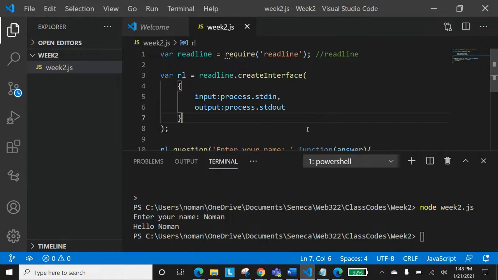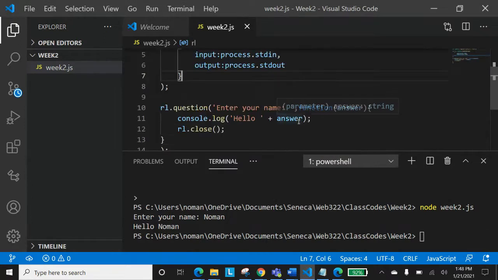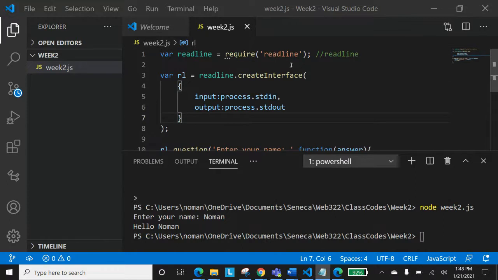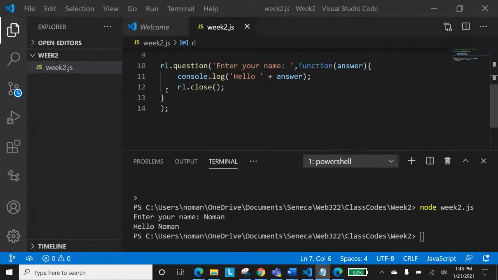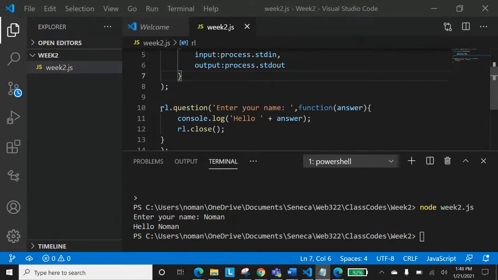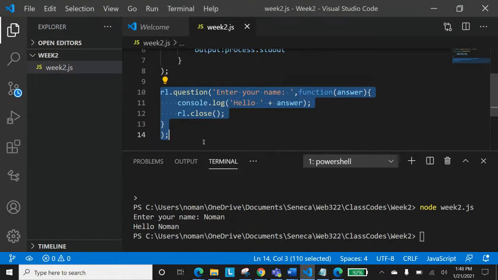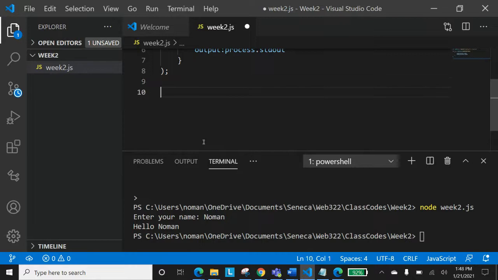Let's talk about another program. Let's do one more program, and then we will learn about it, and we can check the functionality of this again. So readline again. I'm just going over that program again. So require readline. It's just taking out that readline, providing the process input and output, and now rather than running this question, change the question and let's play with something.